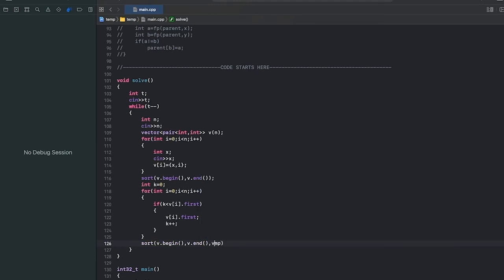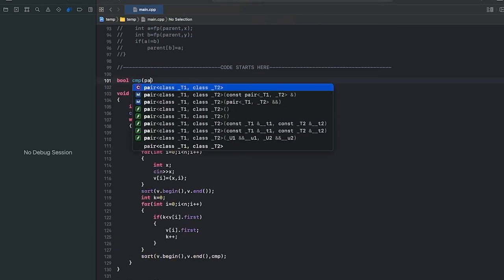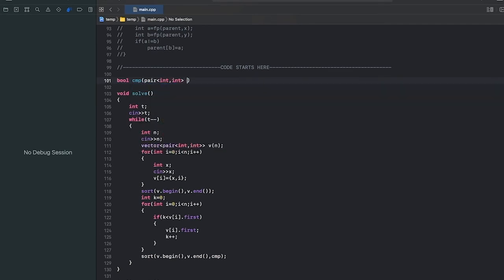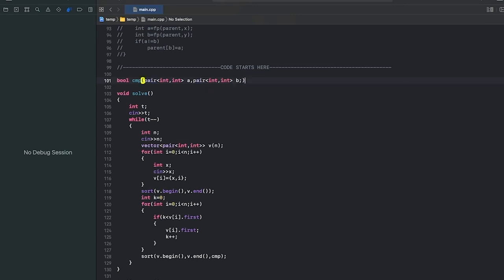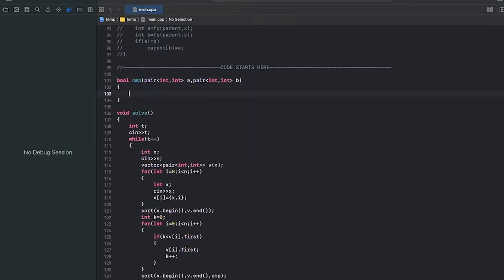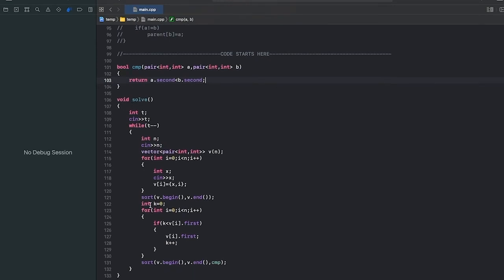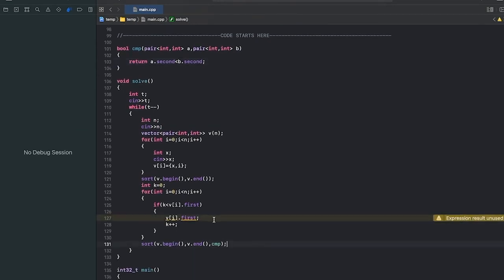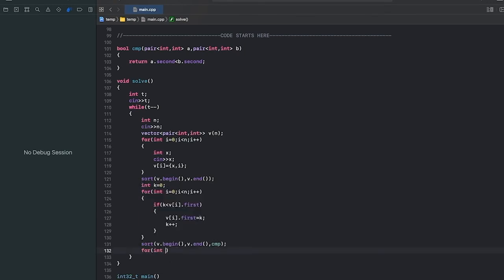We'll form a comparator and return a dot second is less than b dot second. So the array is sorted. Now we just need to print the first values.